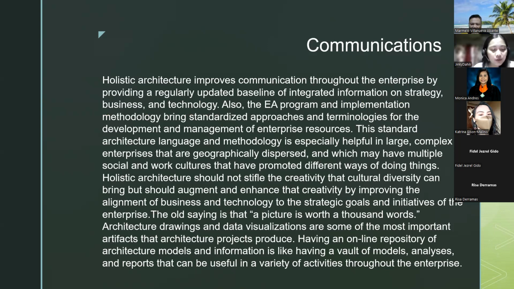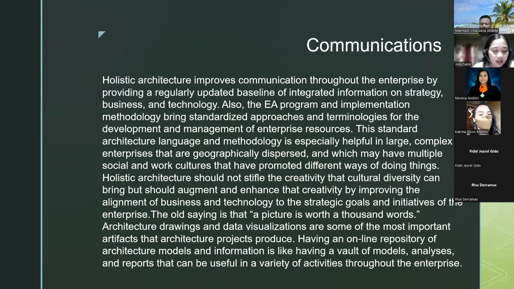Holistic architecture should not stay the creativity that cultural diversity can bring, but should augment and enhance that creativity by improving the alignment of business and technology to the strategic goals and initiatives of the enterprise.